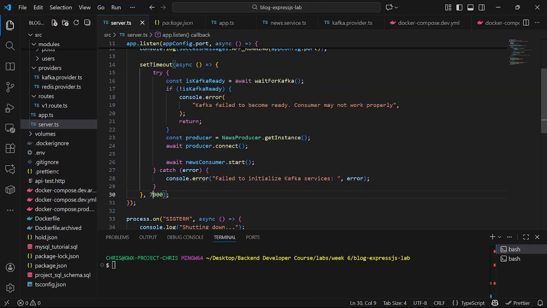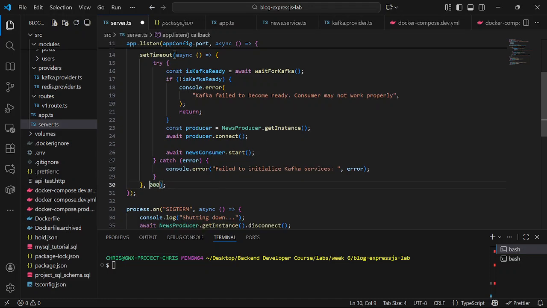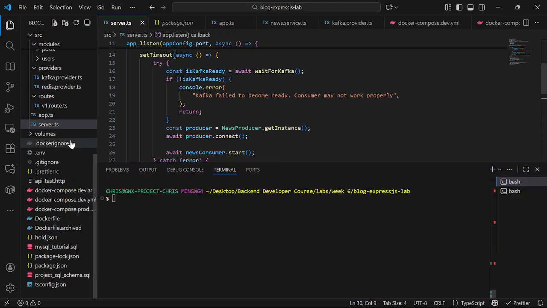In yesterday's class it was 4 seconds, so the app had to wait 4 seconds, and during that time Kafka wasn't ready. So when it tried to connect, it didn't go through and the consumer just didn't work. Here I changed it to 7 seconds. 5 or 6 seconds is good, but to be safe I gave it 7 seconds. And so let's execute. I didn't change any other thing.